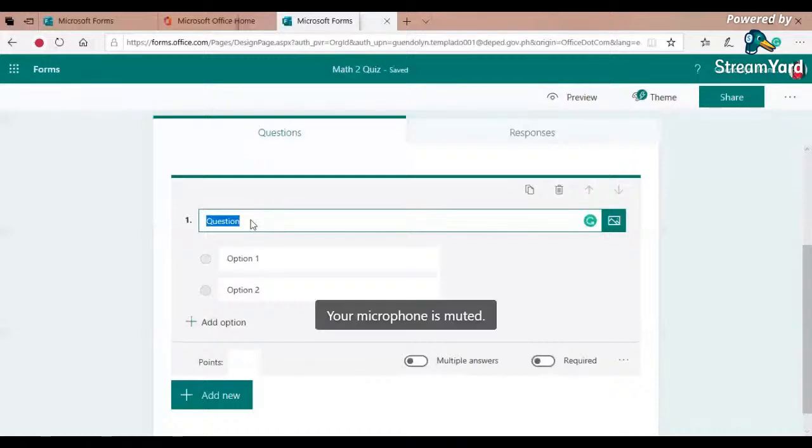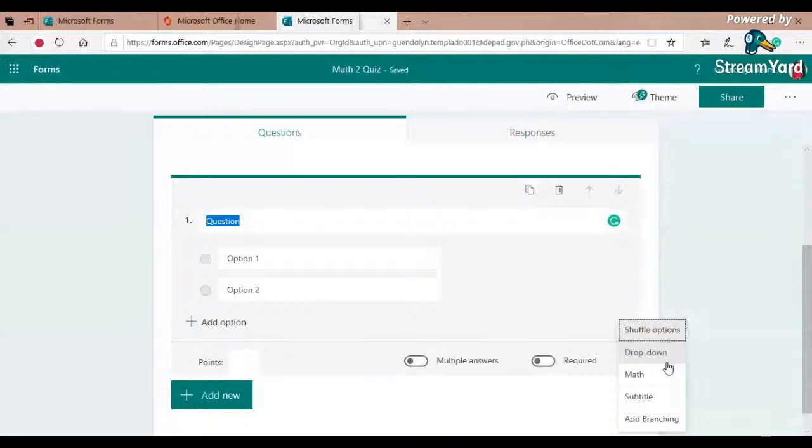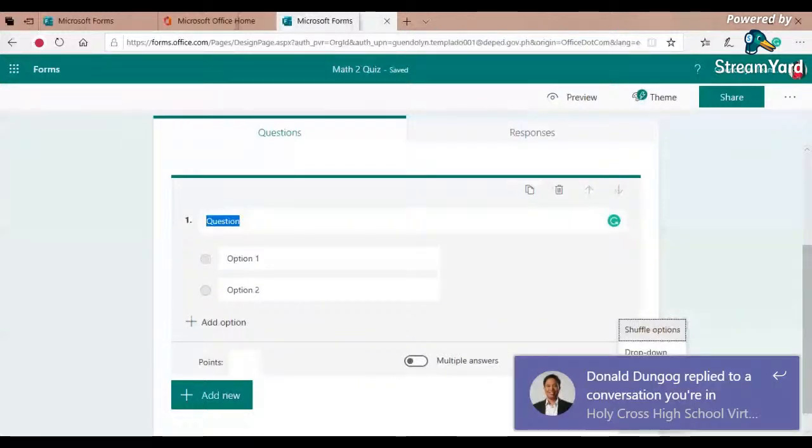We will click this ellipsis, and there's something here like math. It gives us an extra bar. When I click that one, it gives you an extra bar here. It says enter an equation.